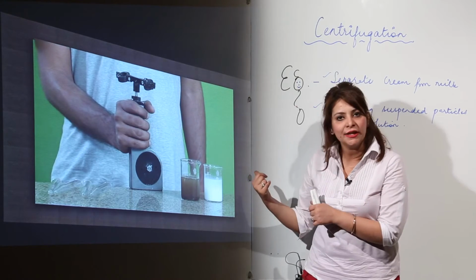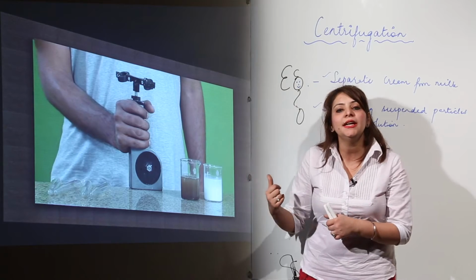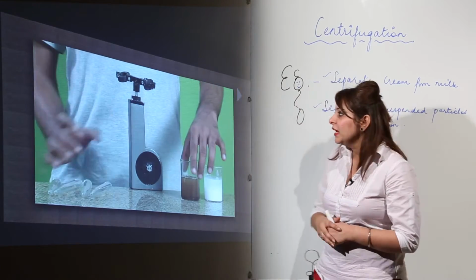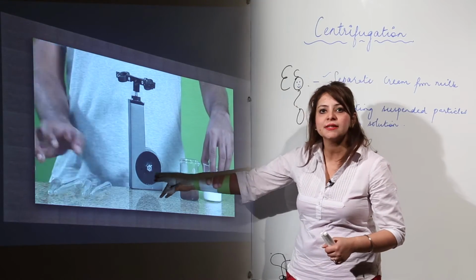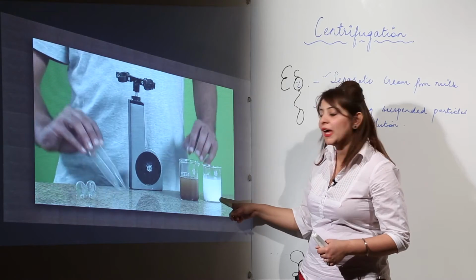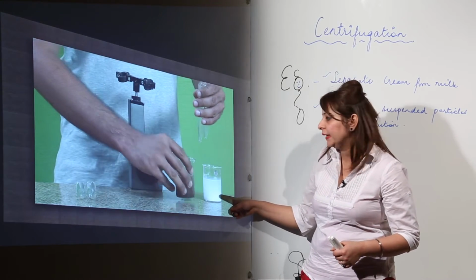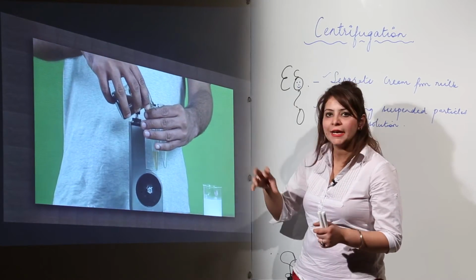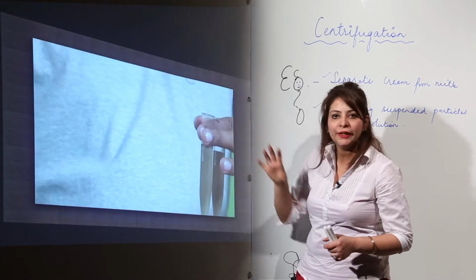Here I have an example in which we will be separating the suspended particles from the solution based on the same principle. Look at the board carefully. We have this centrifugation machine, this is the manual one, right, and we have a mixture of muddy water, and a mixture of calcium hydroxide. We have a test tube, and we are pouring the mixture of sand and water into it. As you can see, we are filling the test tube.